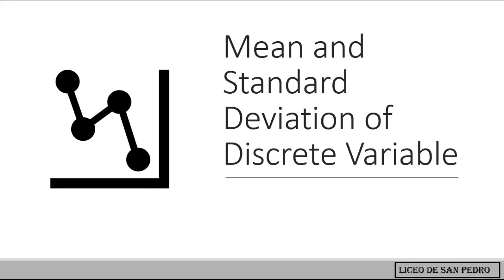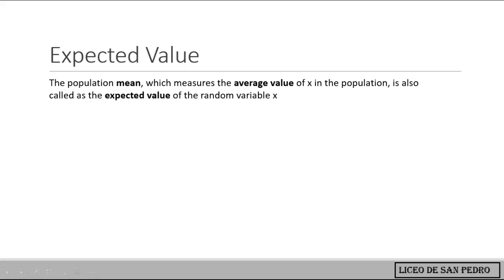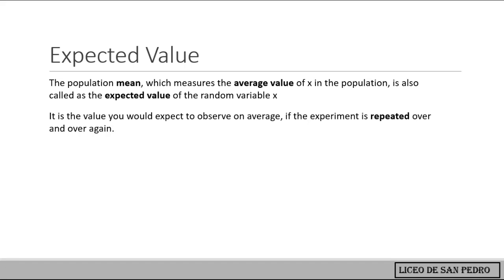Mean and standard deviation of a discrete variable. The population mean, which measures the average value of x in the population, is also called the expected value of the random variable x. It is the value that you would expect to observe on average if the experiment is repeated over and over again. The mean of a discrete random variable x is defined by,